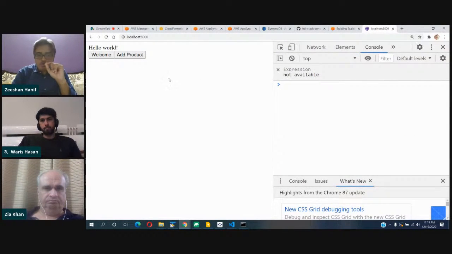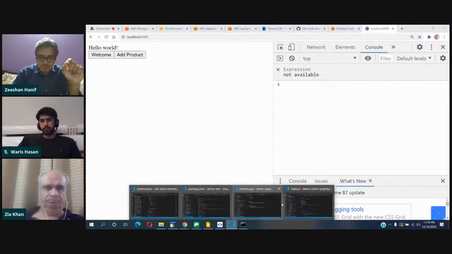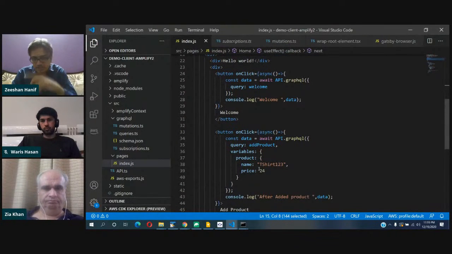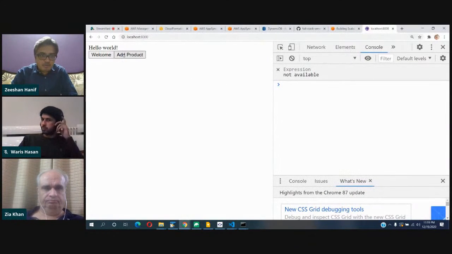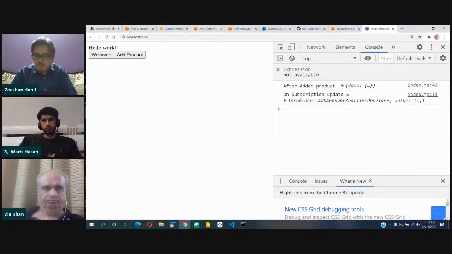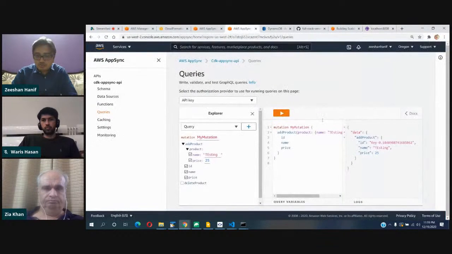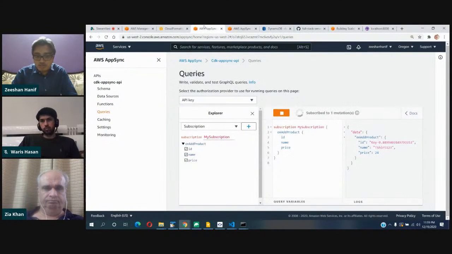Okay. So once I click on add product, it will do this because the subscription is already registered. The mutation will go to the server, and then AppSync will call the subscription. Add product. We receive the data in the subscription as well. We receive the data inside this value, and as you can see here, t-shirt 123. If I press it again,